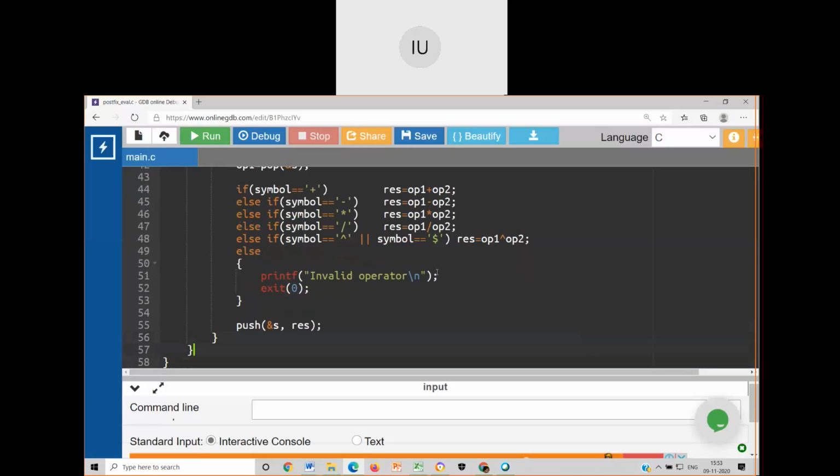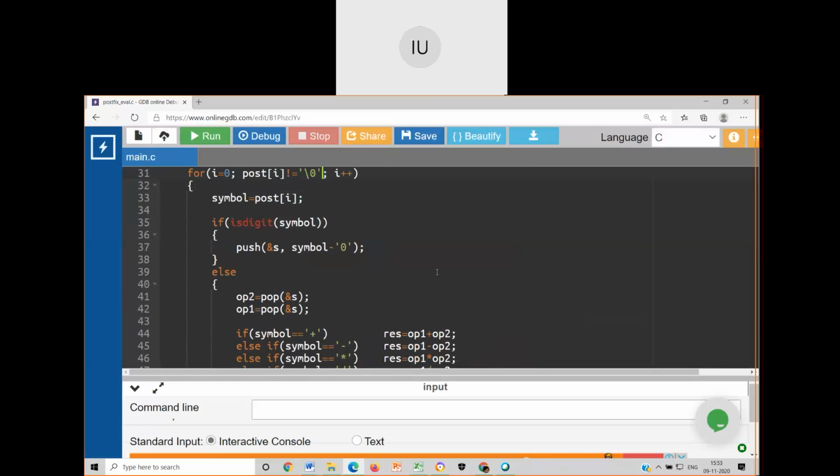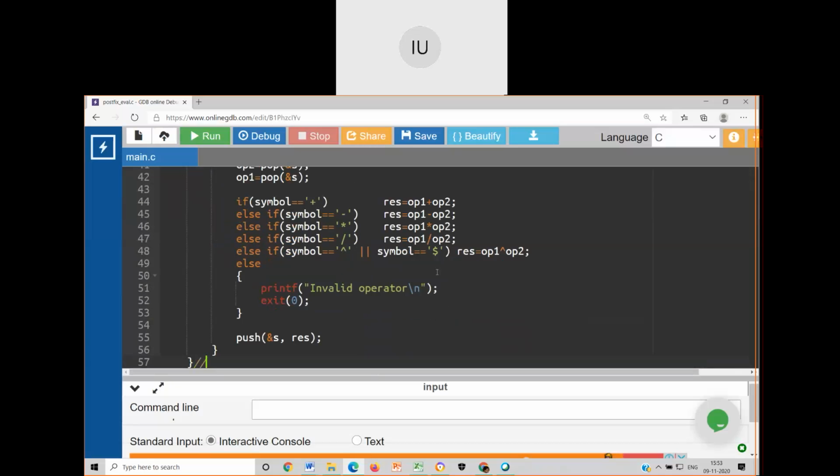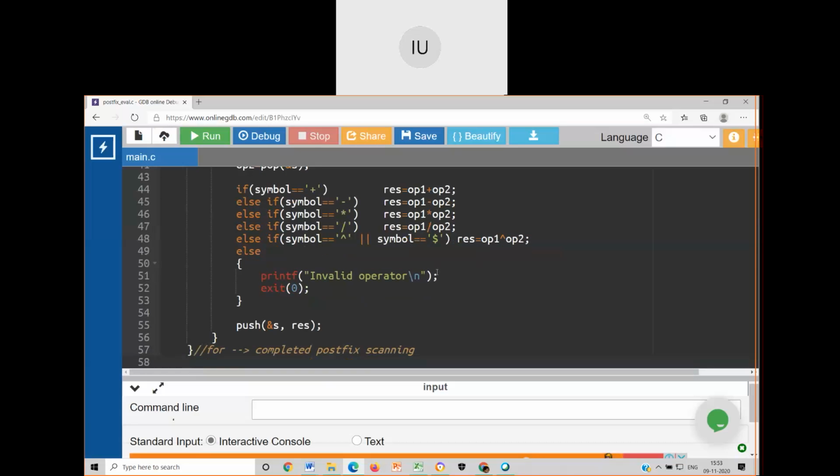Once I am done with the whole of the expression, just have a look at this. This is the end of the for loop. It means I have completed the complete scanning of the postfix expression. So at the end of the for loop, my final result will be on top of the stack. Okay, so what I will do: return